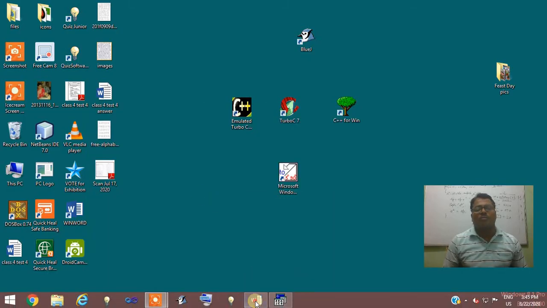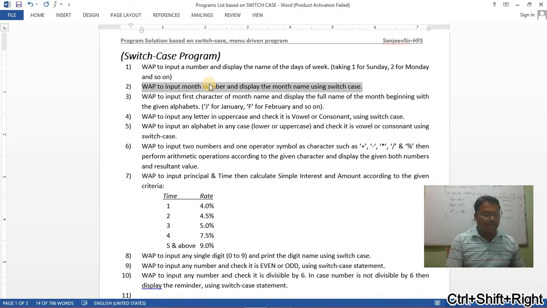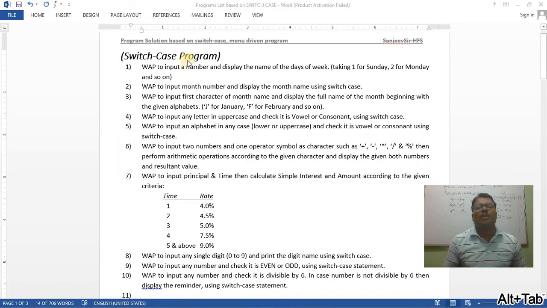Next question: we have to input any month number and display the month name using switch case. It's very easy. So now we go for this.